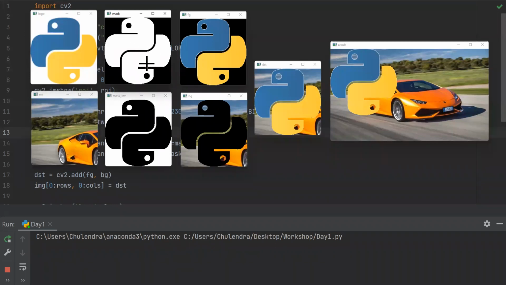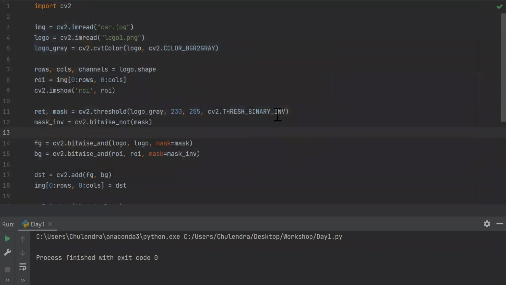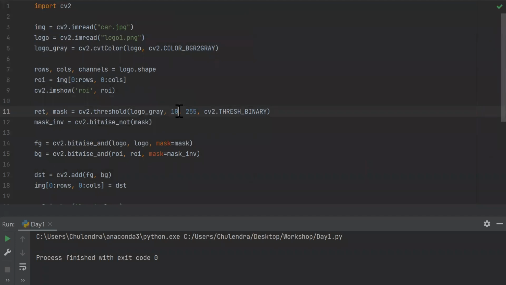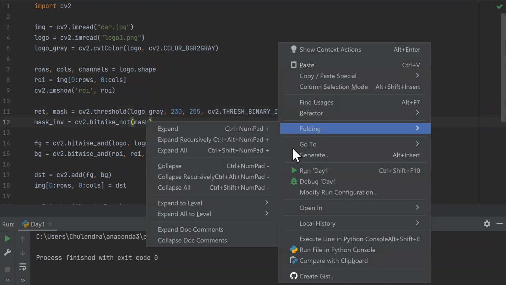If I use threshold binary inverse and 10, same as the previous one, let's see what will happen. The mask will be fully white, right? We don't need such a case, right? It should be 230, 240, 220, something close to 255. That will work. So if I run this,